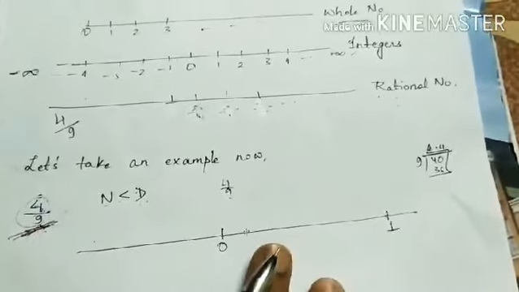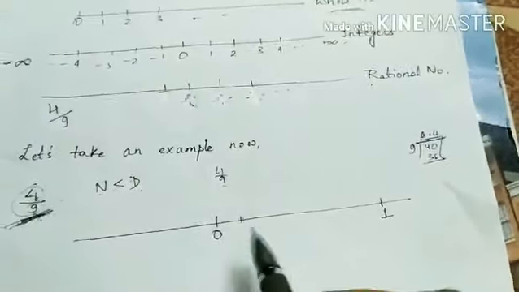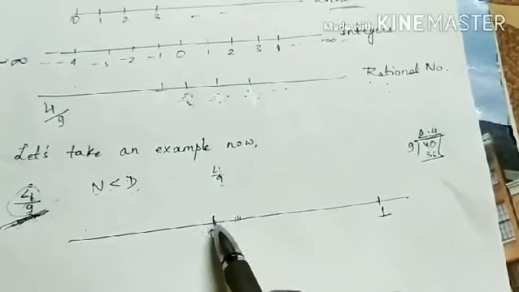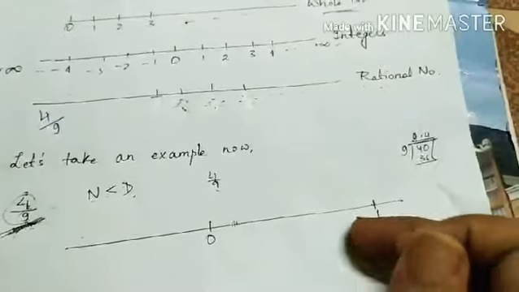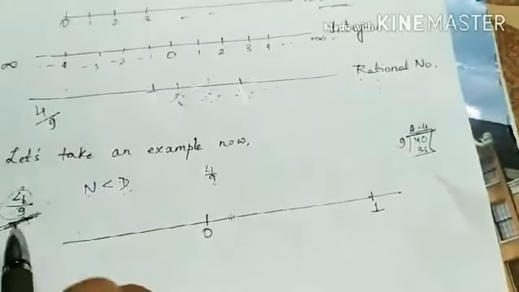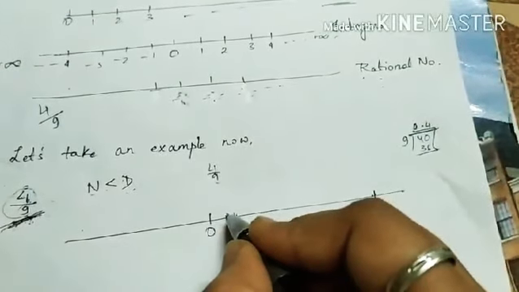अब हम इसको कैसे रिप्रेजेंट करेंगे नंबर लाइन पे? हमें देखना है कि डिनोमिनेटर में कितना है हमारा, 9. तो हमें पता चल गया कि ये हमारा जो नंबर है वो 0 और 1 के बीच में आएगा. तो अब हम 0 और 1 के बीच में इस नंबर लाइन को 9 पार्ट्स में डिवाइड करेंगे, 9 इक्वल पार्ट्स में डिवाइड करेंगे. कैसे करेंगे?